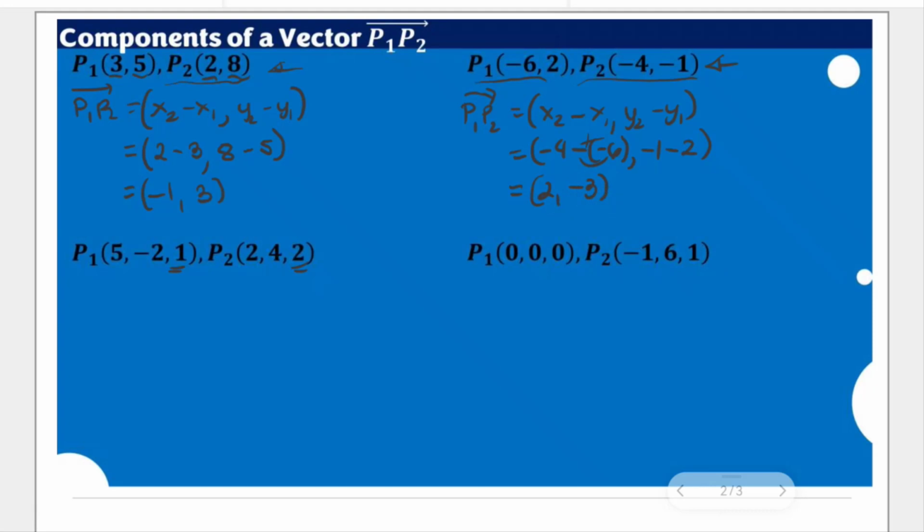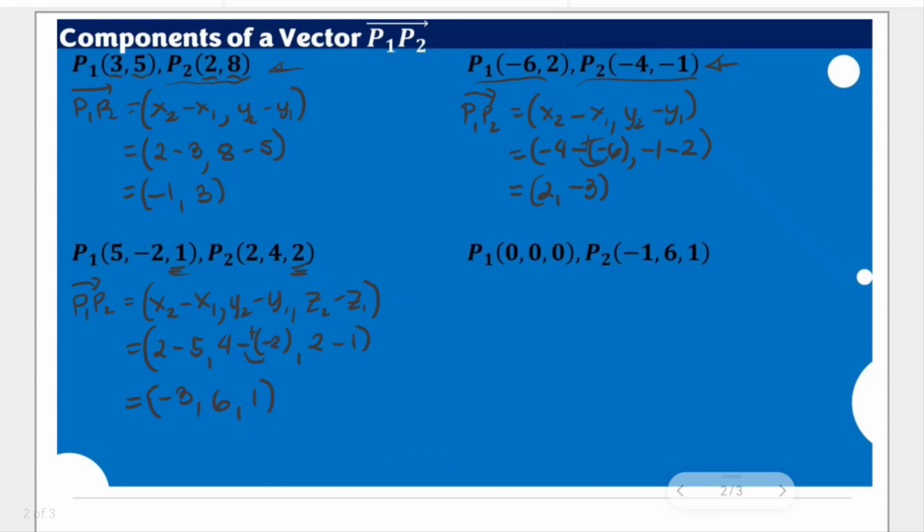Now for the next two, we have here members of R3. So the same formula will be used, but we'll be extending here for the third. Again, x sub 2 minus x sub 1, y sub 2 minus y sub 1, and you have here z sub 2 minus z sub 1, considering the third given entries. So you have here 2 minus 5, 4 minus negative 2, and 2 minus 1. So for this given here, we'll have the result of negative 3, and then 4 plus 2, that's 6, and